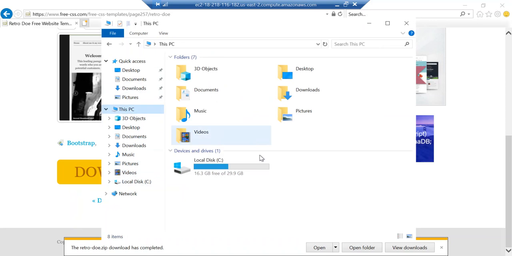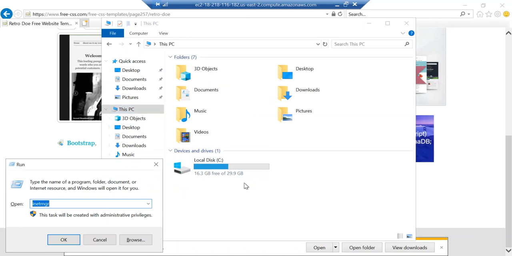When you check this PC, you have only C drive. Now I am going to enable D drive as well. Just go to diskmgmt.msc.